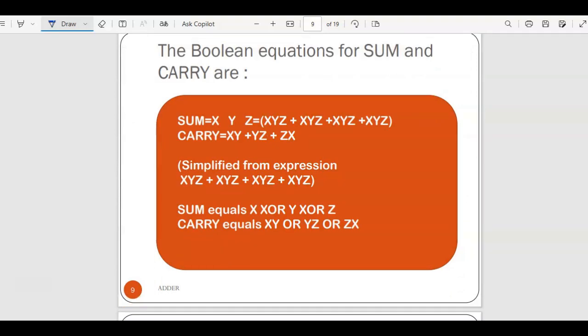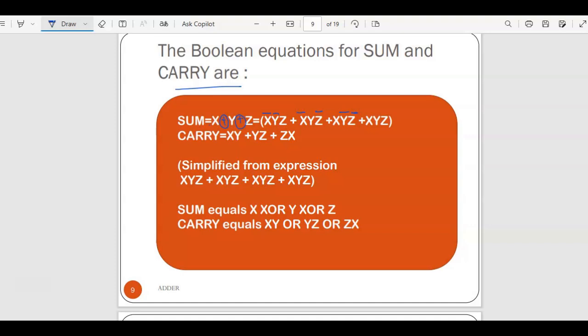Now please check the Boolean expression for both the sum and the carry. For the sum, here you have to draw the symbol for XOR. So this is X XOR Y XOR Z. If you write it out, it is X Y Z plus X Y Z, with bars. So here also the same thing, I'll write it down. You have to give the bar. First time I am giving the bar for X and Y, next time for X and Z, and then for Y and Z. So all the 3 combinations are there, plus X Y Z. This is the expanded form of this XOR gate. For carry it is XY plus YZ plus ZX.